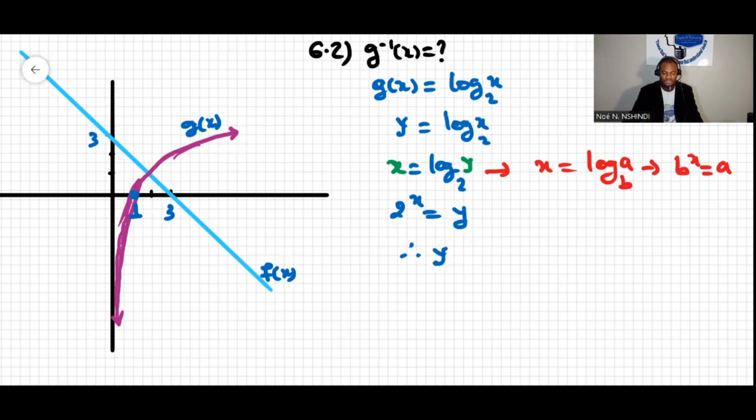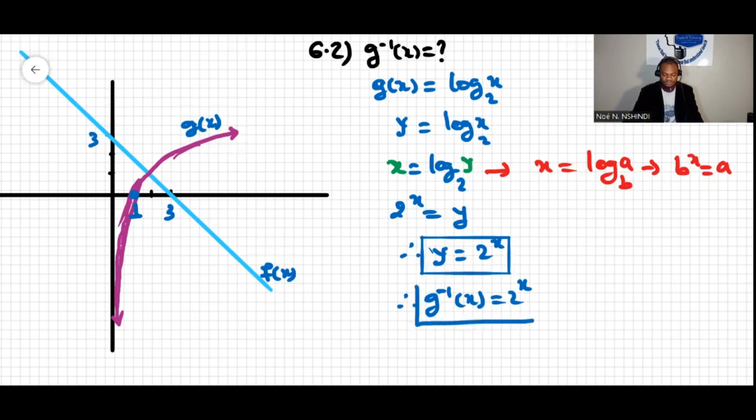Therefore, the inverse will be 2 to the power of x. I'm going to say, therefore, g minus 1 of x is just 2 to the power of x. So you can write either this one or this one, the same thing. Okay. The next question is